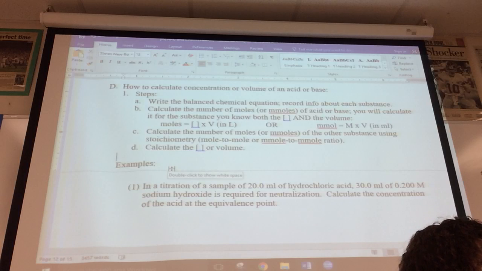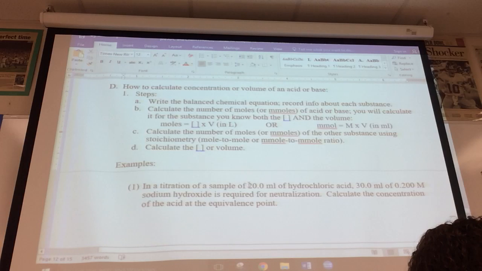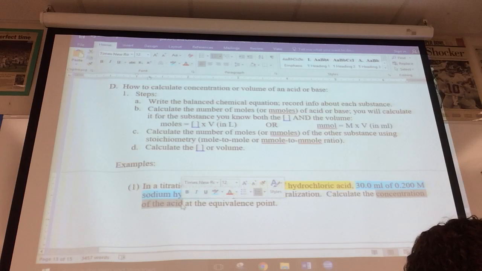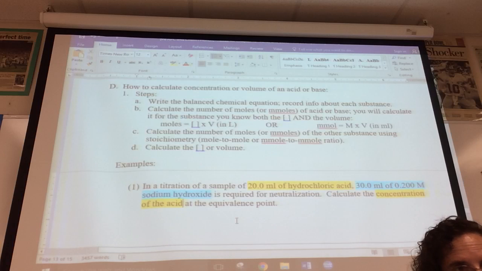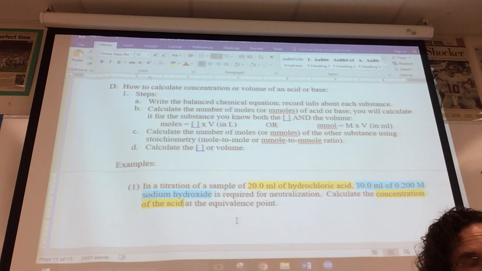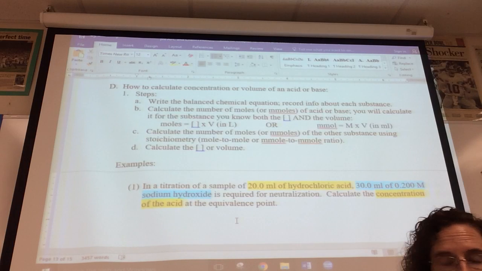In this problem, it says a titration of a sample of 20 mils of hydrochloric acid requires 30 mils of 0.2 molar sodium hydroxide for neutralization. Calculate the concentration of the acid at the equivalence point. One thing you have to be able to do is write chemical formulas for acids and bases as we discussed the other day. In step 1,